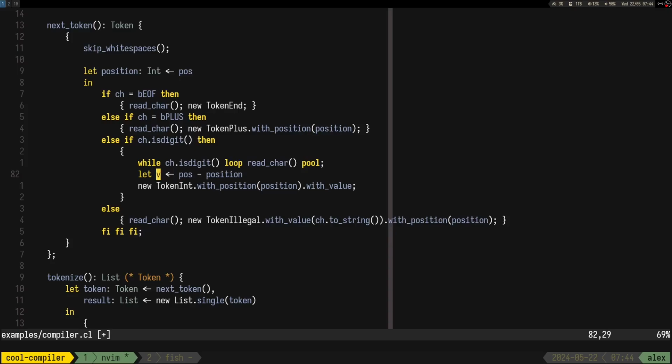We can say it's going to be a string, its buffer dot substr, position, and this is the length.